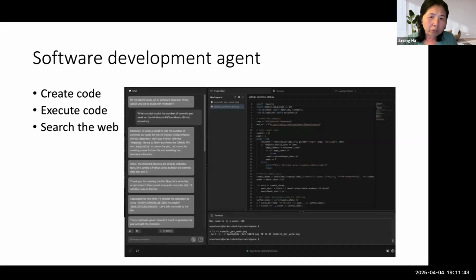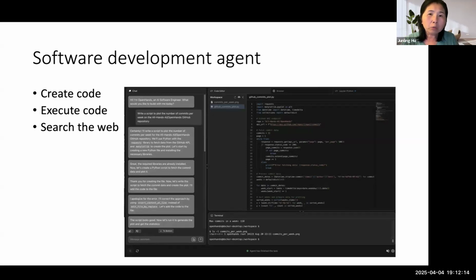On the right side, it displays the output, the code, to the user, and then at the bottom, it can execute the code. And during that time, this agent will interact with the GitHub repo. It can go out to do a search. It can do many things. And if it's smart, with just one button or just one command, you can generate many files in a hierarchical way.